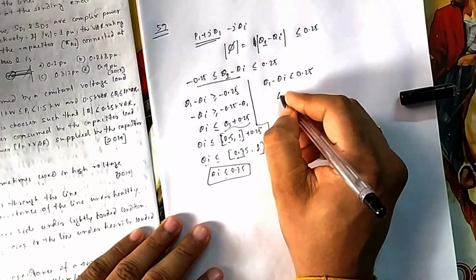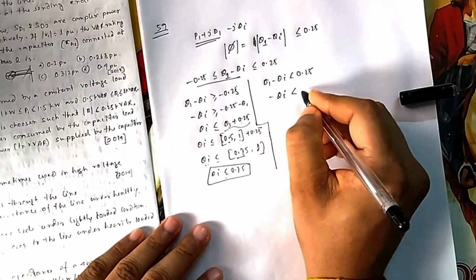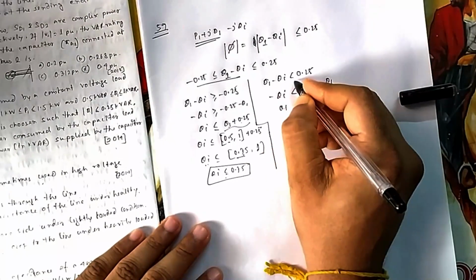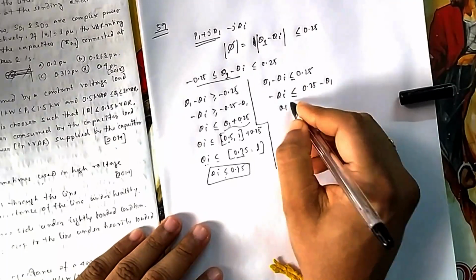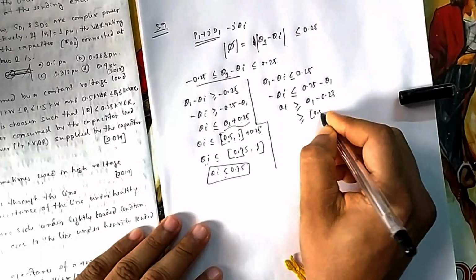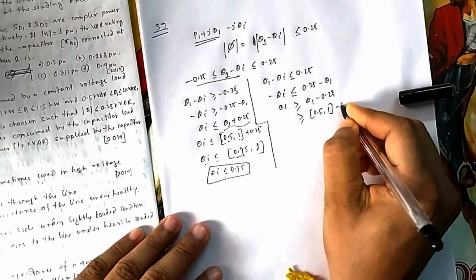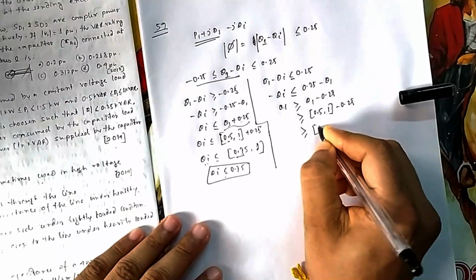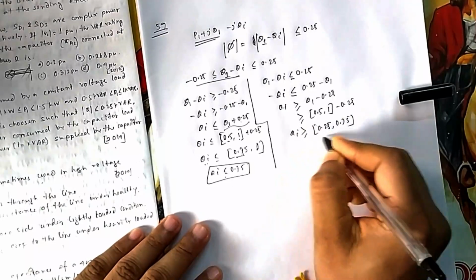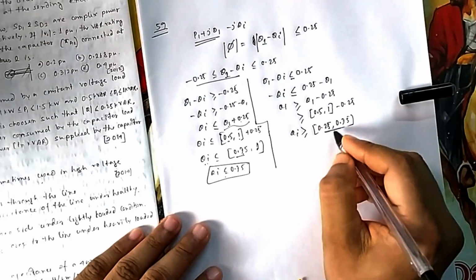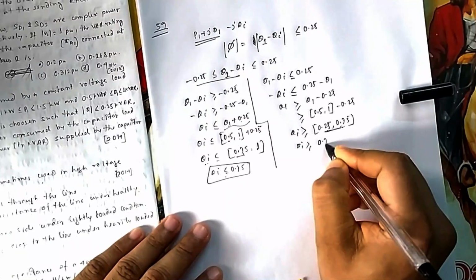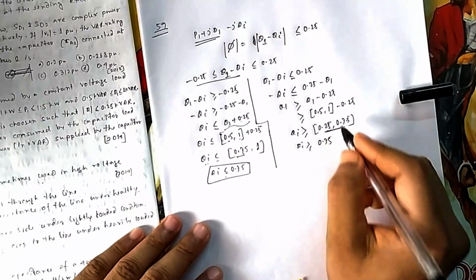Now here also, if you come, minus Qi should be greater than minus 0.25 minus Q1. So Qi should be greater than, because you are multiplying with minus, now again you put the range, 0.5 to 1 minus 0.25. So Qi should be greater than any value between 0.25 and 0.75. That means it should be greater than the greatest. If it is greater than 0.75, then it will be greater than any value between these two.